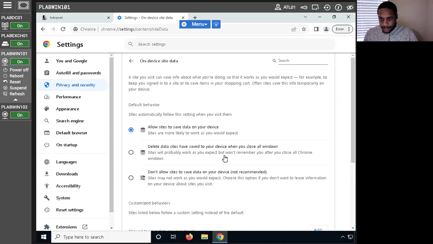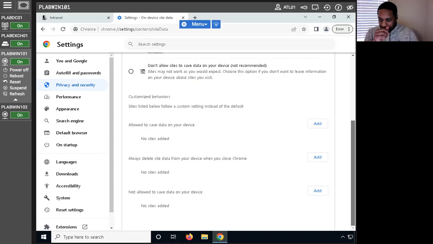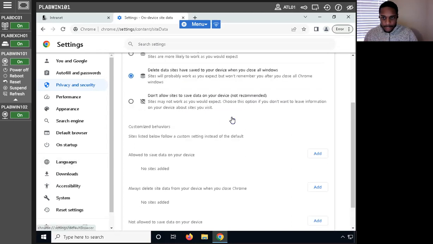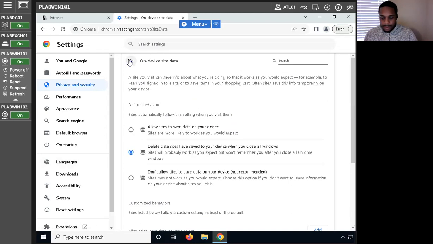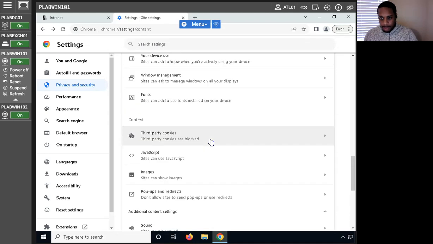For the site data, right? Delete when we close the browser. I'm going to delete all data, right? So they have it a bit different on here than what I'm used to, because like I said, pretty much